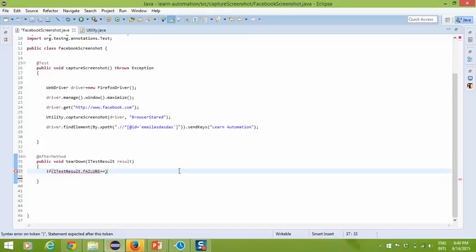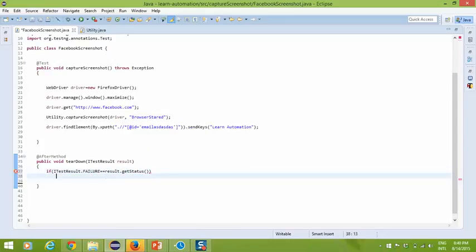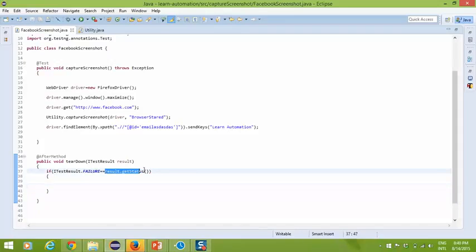So this is predefined. And now if you talk about in depth, internally it will return you value equal to 2. Okay, so I will check if the result having all the information, right? So I will simply say result dot get status. So now internally this will return me the status. So the test case status is pass or fail, and I will compare if the test case status of my test case equal to failure, then take the screenshot.